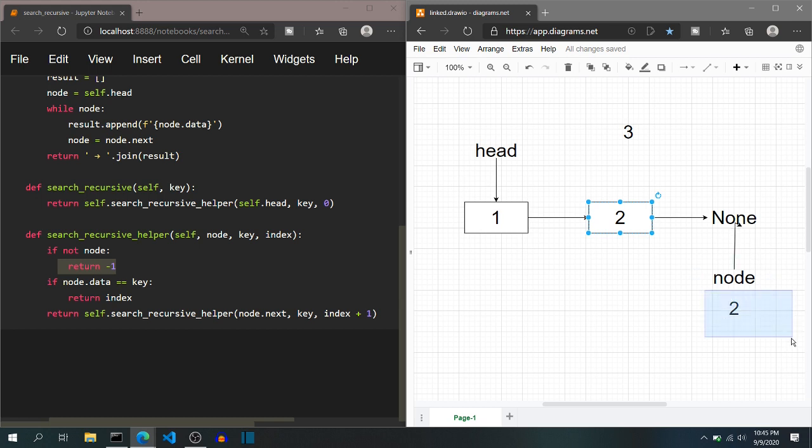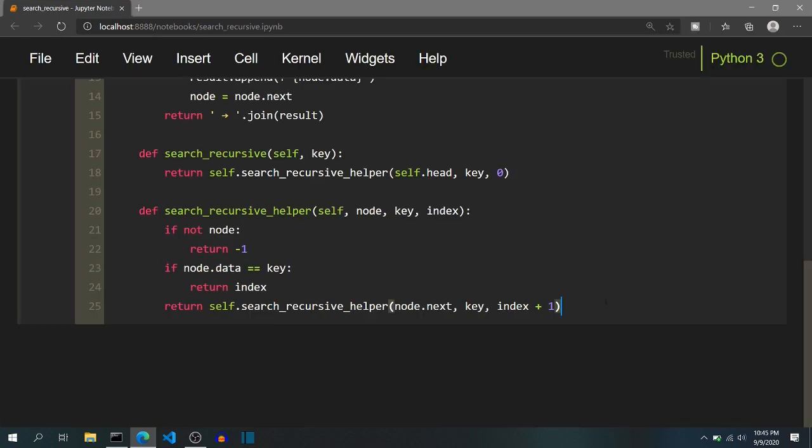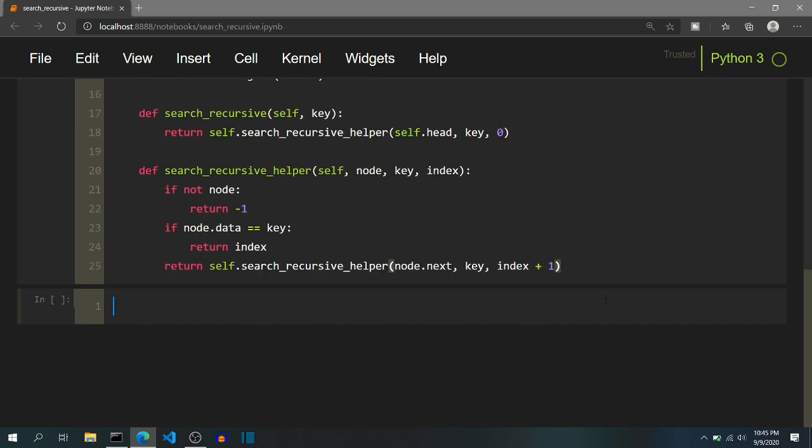So an answer of 2 will not be returned, and only -1 will be returned because that indicates that the key 3 is not present in the linked list. So as we are sure by visualizing the code that our code works for all boundary cases as well as non-boundary cases, we can write actual code to test this code.